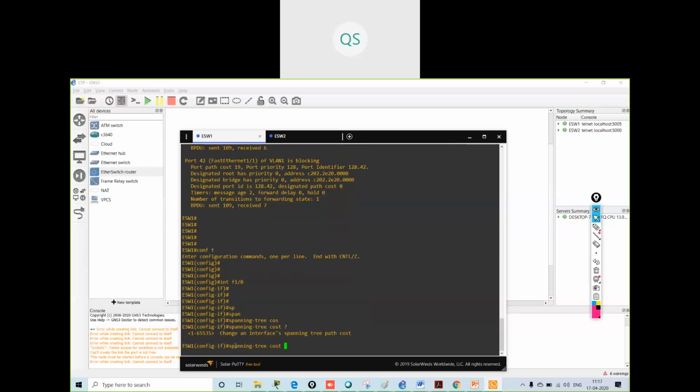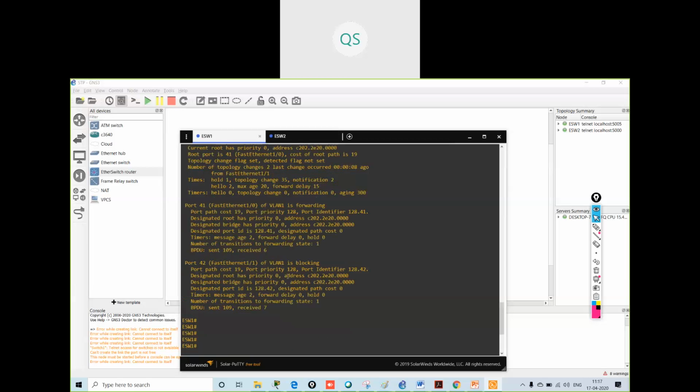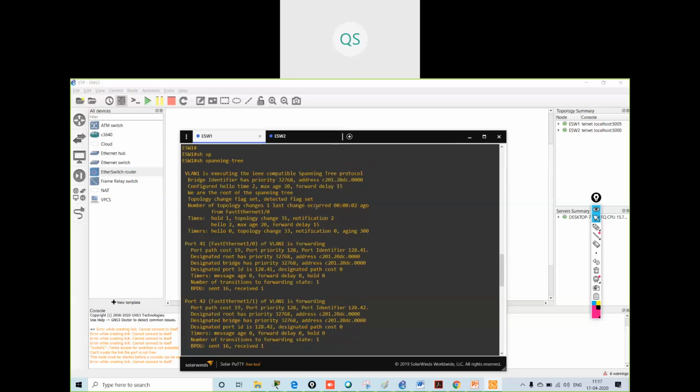I will give the cost as 4. Less is preferable. Understood? Now see, first we will verify which link is the blocking link.